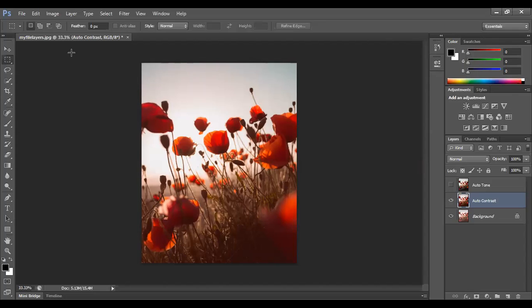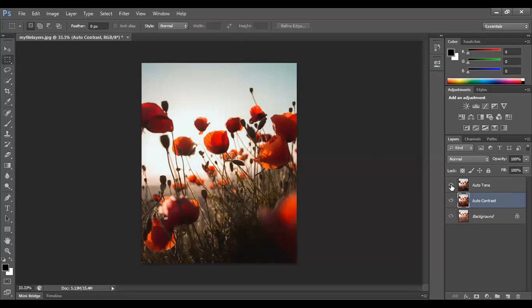Okay, so auto contrast will simply boost up the image in general. It will not consider the reds, greens and blues. It will not consider channel wise. In general, it will boost the image. But if I want channel wise, red also boosted separately, darkest red to black and lightest red to white, all of those things, if you want to do individually on each color, you use auto tone.